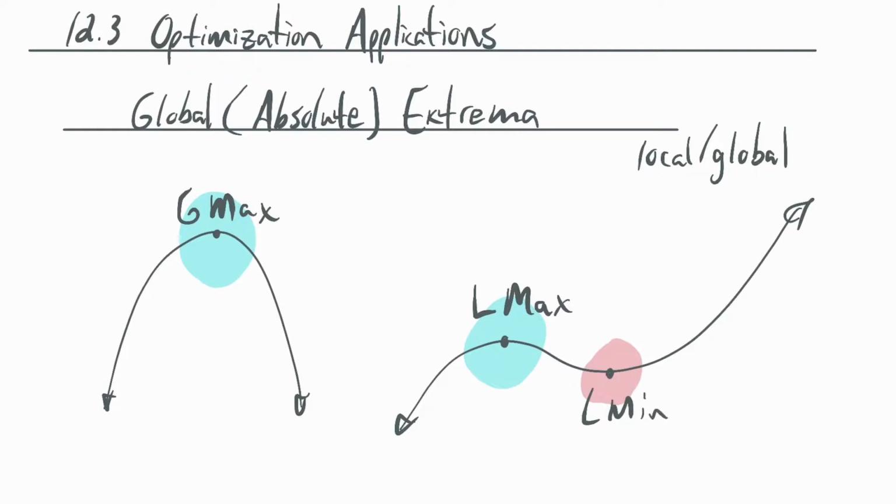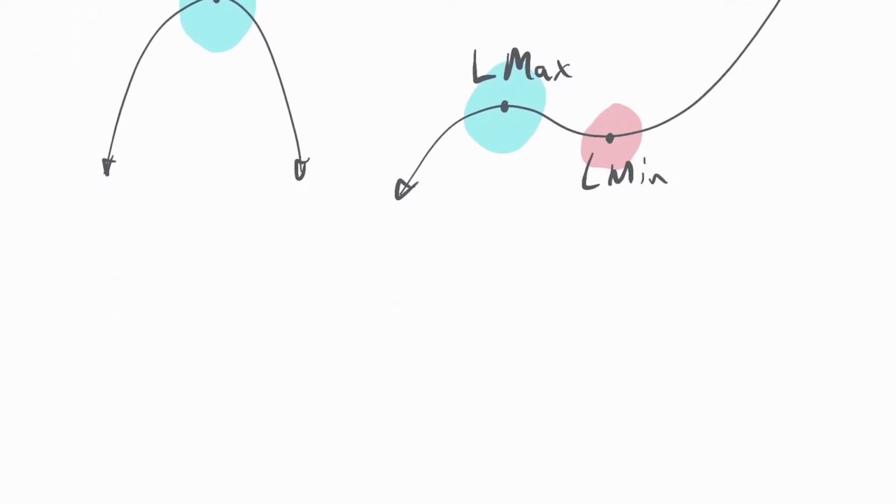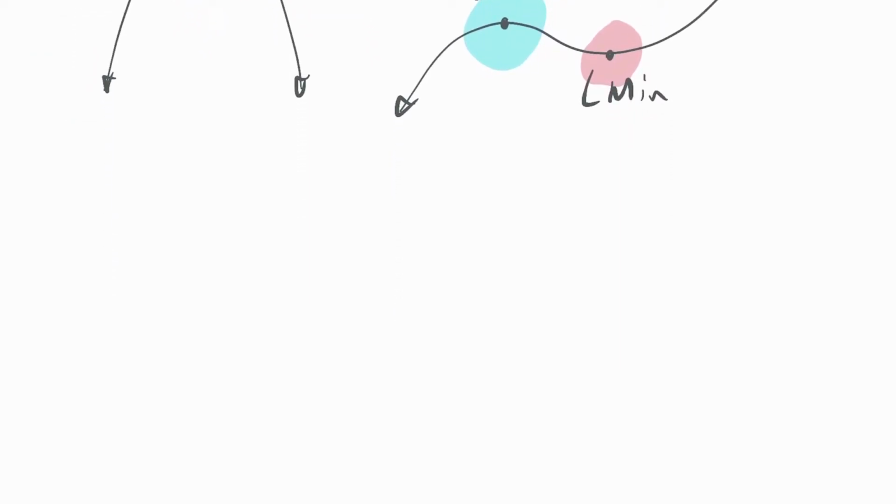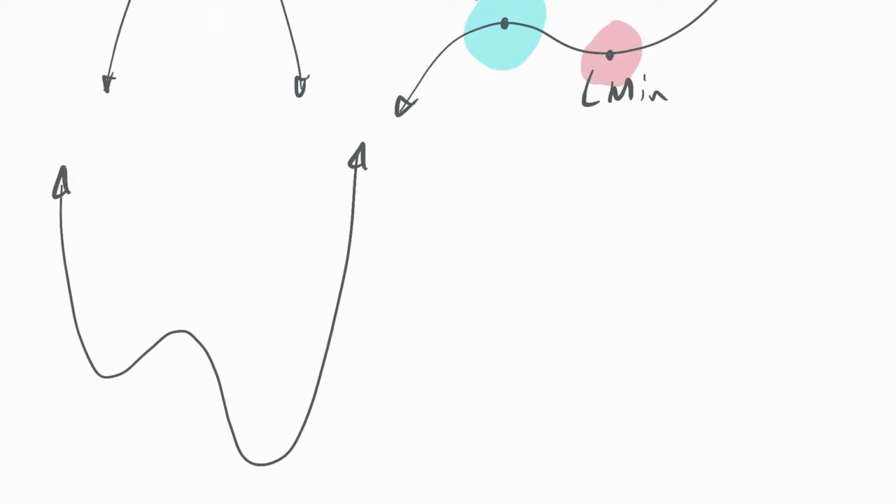For a global max, I need a different graph. So let's go ahead and make a new graph to encompass some more possibilities. So what if I had something like this? Okay, like a sort of a wobbly W. I got a low point here, I got a high point, and I got a low point. So this one here is a local minimum because if you look locally, then it is a minimum. Of course, if you look at the entire graph, it's not. This one over here, if you look locally, is a minimum. But if you look globally, if you look at the context of the entire graph, it's still the lowest point